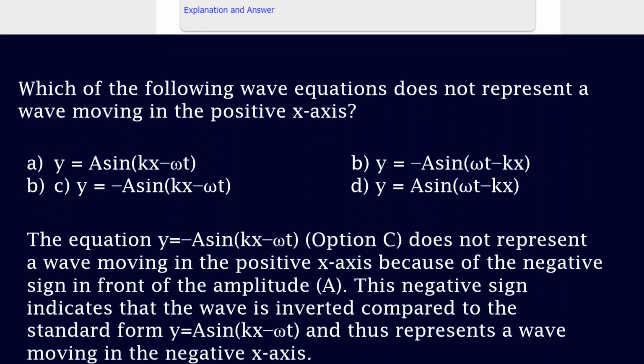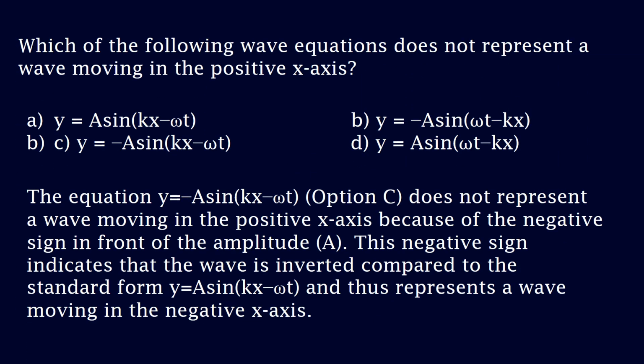In this question, you are presented with 4 wave equations, and your task is to pinpoint the one that does not represent a wave moving in the positive x-axis. Each option has its own arrangement of amplitude, sine functions, and the variables k and omega. The equation y is equal to minus a sine (kx minus omega t), option C, does not represent